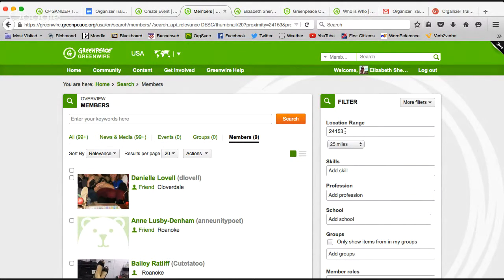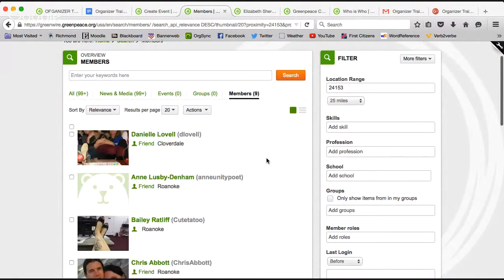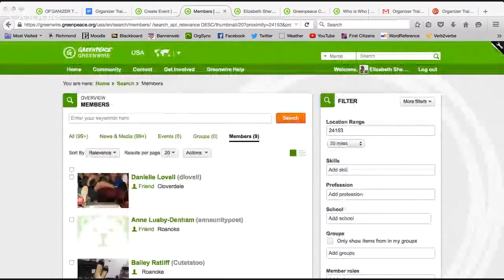And it can be a friend if you know someone on Greenwire that lives close to you. But it'll just be a good way to practice. So I'm going to keep my screen share on while I do this, but I'm also going to check the chat. So if any issues come up, you can chat me, and I'll give everyone like a minute to do that.